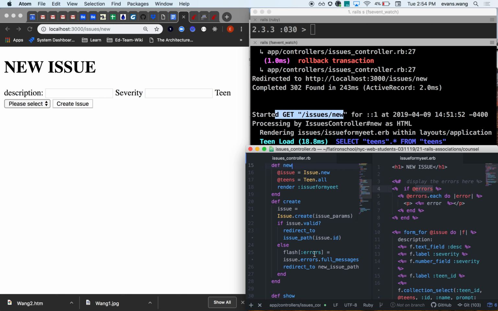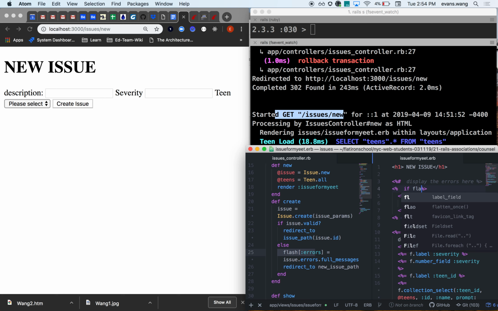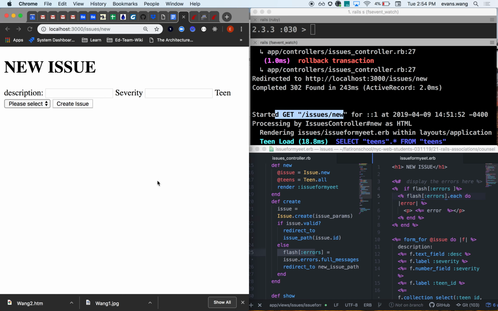Cool. I have flash errors instead of @errors. So I can get rid of it and put flash at a key of errors. And then I can do the same thing here, flash at a key of errors. And so now, if I refresh, everything should still work. But if I hit create issue,